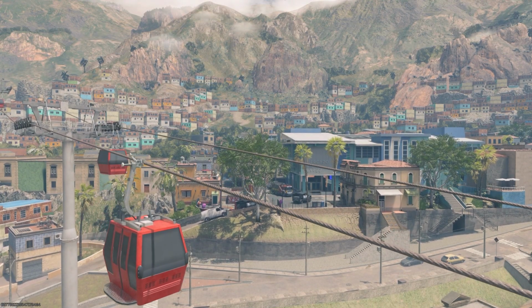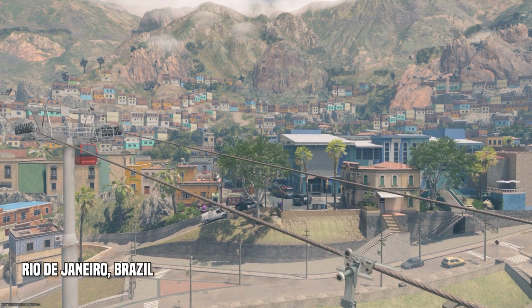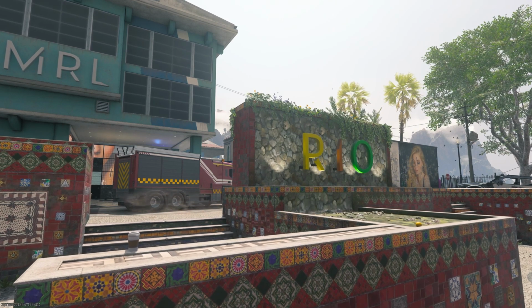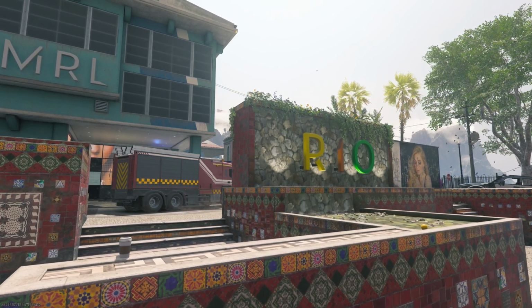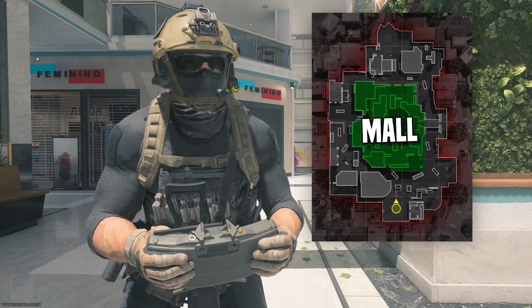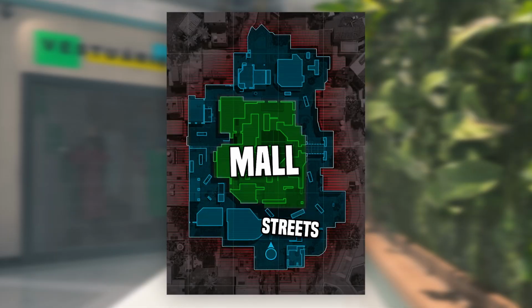Rio takes place in, if you could believe it, Rio de Janeiro. God, first Greece and now Rio? You can tell they hired the guy who names every Marvel movie for this. The map is focused on a mall in the middle, acting as the nougaty center, with stringy, bready streets surrounding